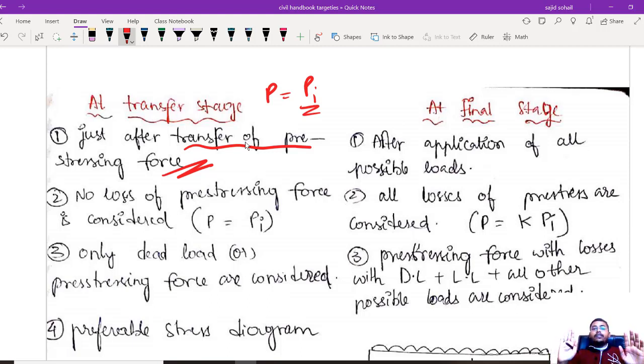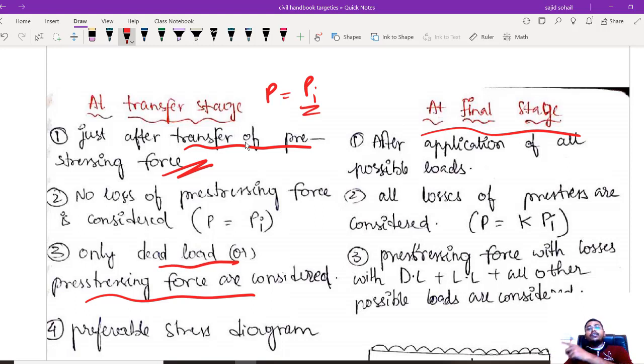Let me make it very clear, we are not giving any external load, we are not at all using it for construction purpose, it is just cast, so it will have only dead load, remember, it will have only dead load and obviously the pre-stressing force. But when you are using it in the final stage, obviously the loading is acting, right? Therefore we have dead load, live load and whatever possible loads are there, earthquake load, wind load, all these are coming, in the final stage the losses will increase.